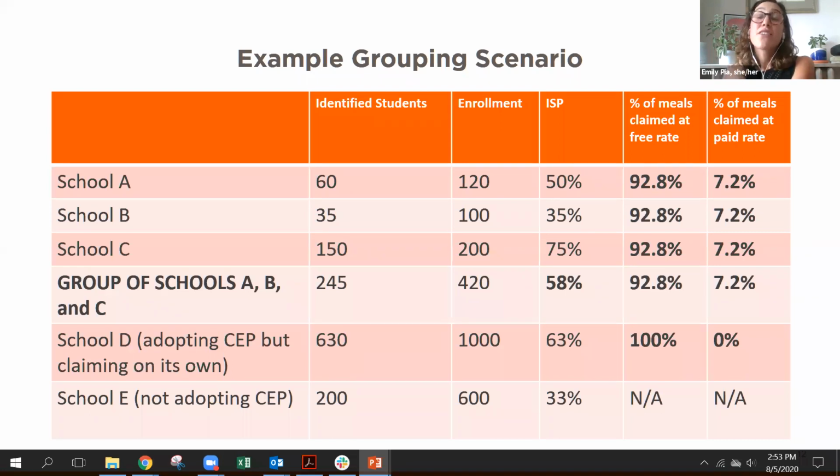The other thing is, I believe this is still true, Nikolai, tell me if it's not, but if your district has 11 schools or fewer, which many districts fall into that bucket, this tool actually runs through every possible grouping scenario. It uses the exhaustive algorithm to test every possible way that you could group those 11 schools together or adopt on their own. How many grouping scenarios does 11 schools have?